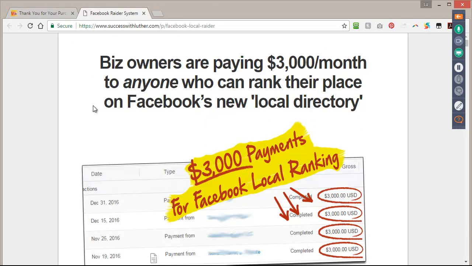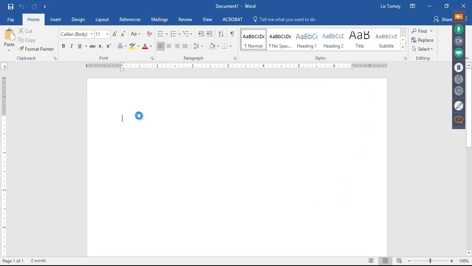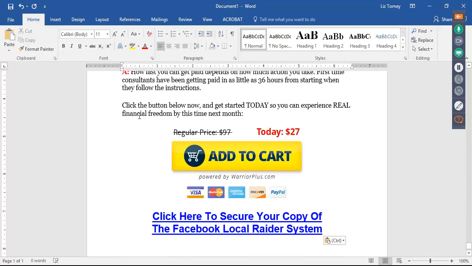And I'm going to do Control A. That selects this whole page. Copy, and paste it into Word. Now you're going to lose some of the formatting, but this way you'll have all the words to the sales page right in a Word document, okay?